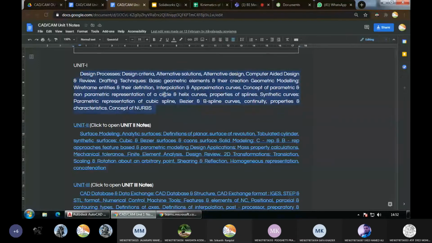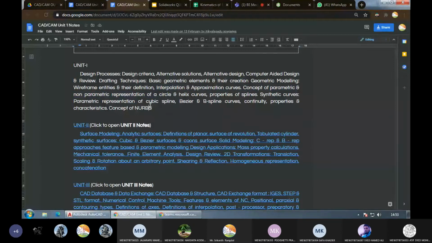It works like an introduction to the subject, starting with a basic theory about what design is, and what are the options available in it. It goes on to take the basic geometry, basic 2D geometry, and all its different types. So that's what we study in the first chapter.